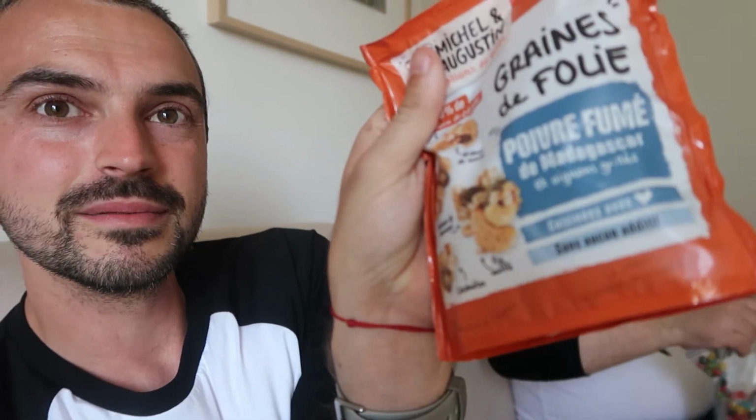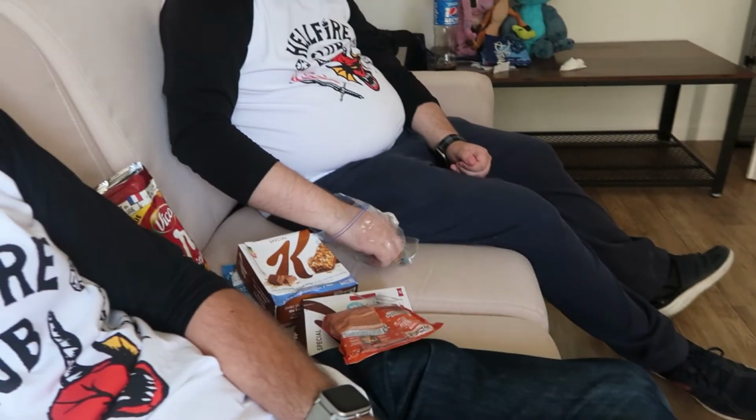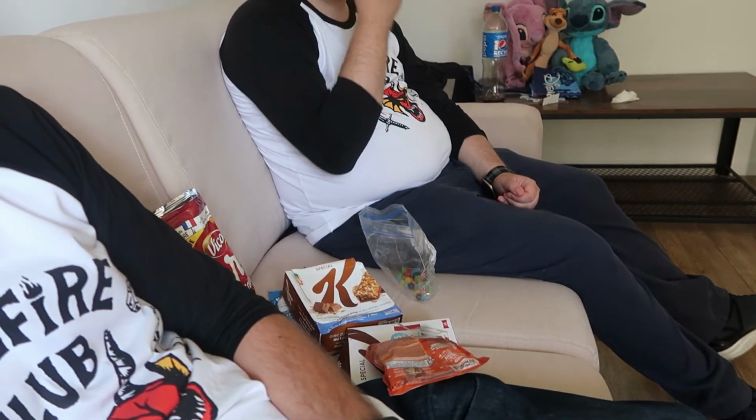Basically, if it has Madagascar on it, I will probably buy it. If it was made in China, I'd be really disappointed. Yeah, so I'm hoping it's going to be nice. It looks like there's just mixed nuts in there. So yeah, I'll have those in a minute. Paul's got some Madagascar. These are jelly nuts. Yeah, some sweets I recommended that Anna brought back last time she came to France. They're actually really nice. The blue ones are the